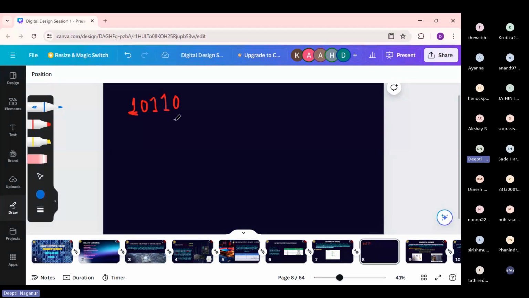So we start first with assigning an index from left to right. So this will be index 0. This will be 1. This will be 2. This will be 3. And this will be 4. Okay. So next,